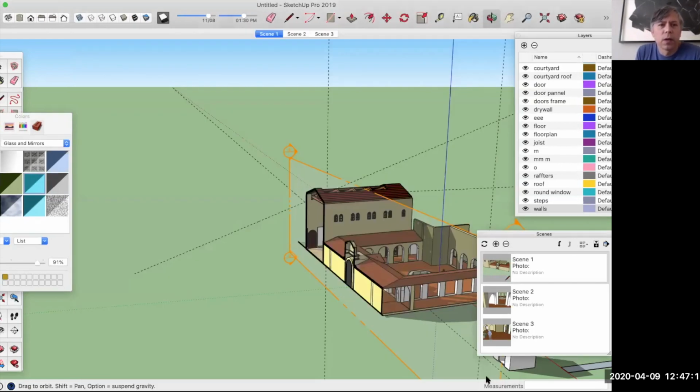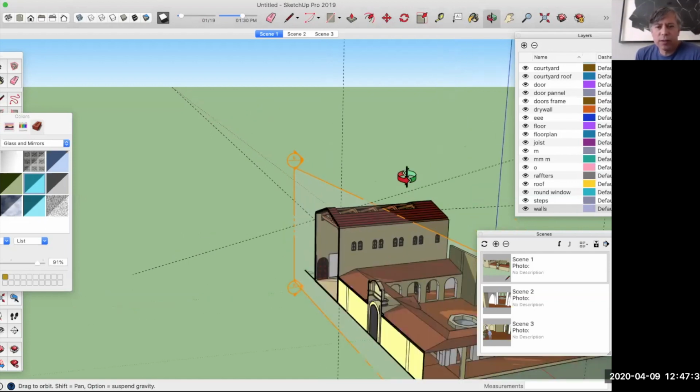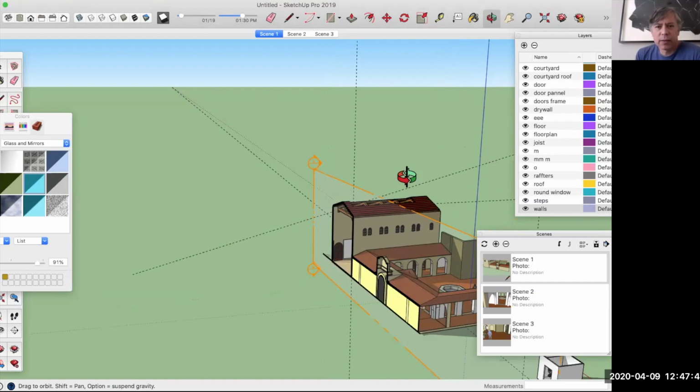Okay. So then we'll see if it's fast enough to do it. Yeah, so you see as I slide this across, the shadows change depending on the time of year. That's how you edit natural lights in your model. There are applications. SketchUp has